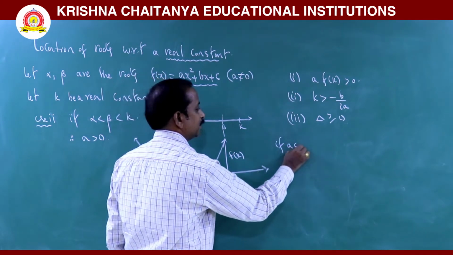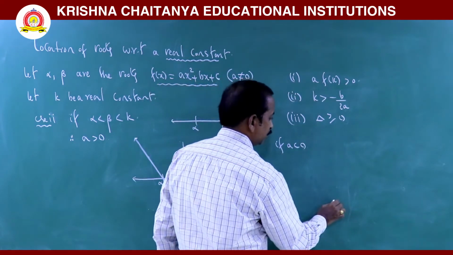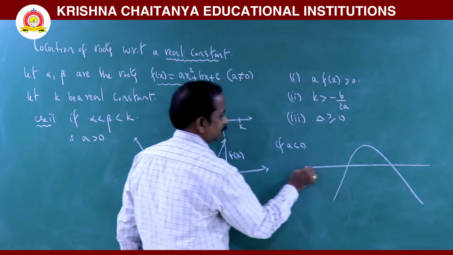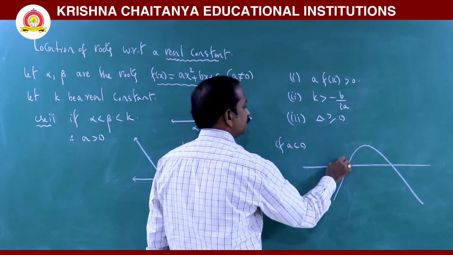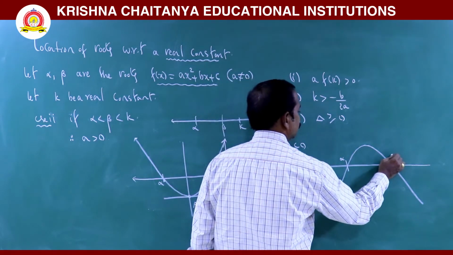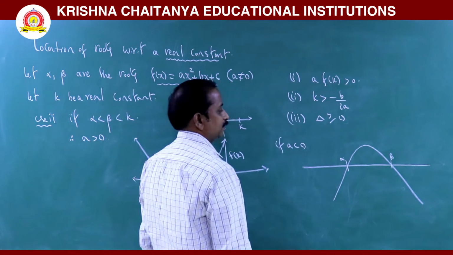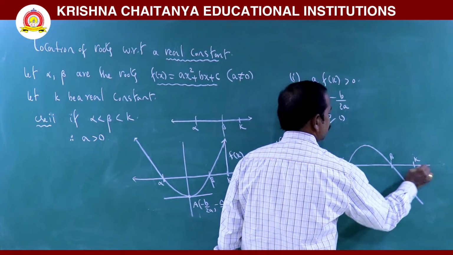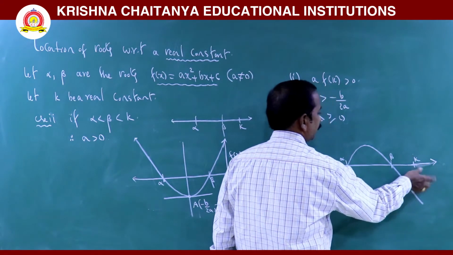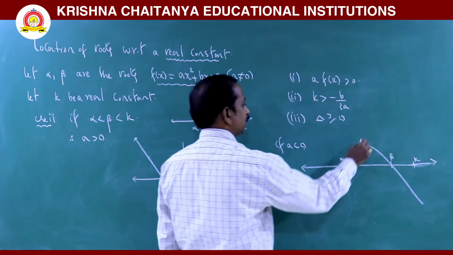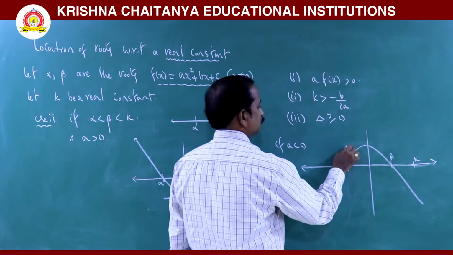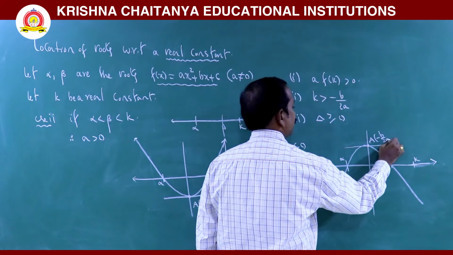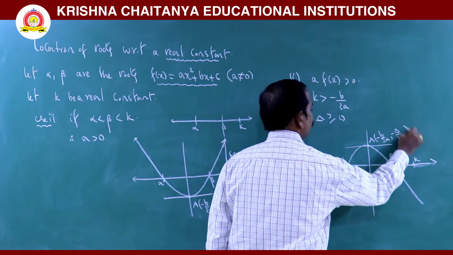If you consider a less than 0, we know that the shape of the graph is like this, open downwards. Consider the real line. These are the distinct roots or equal roots. Alpha is equal to beta or alpha and beta different. Now each root is lesser than the real constant. I can consider this is the real line, with the k point. And we know that this is the symmetrical line. So this is called the vertex. So the vertex is nothing but minus b by 2a comma minus delta by 4a.